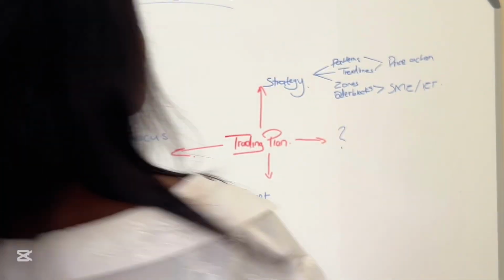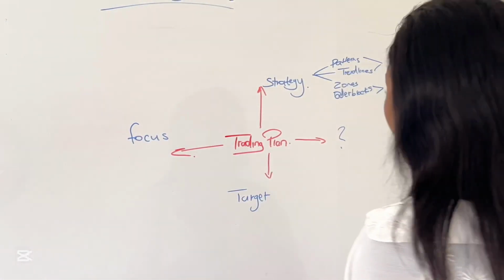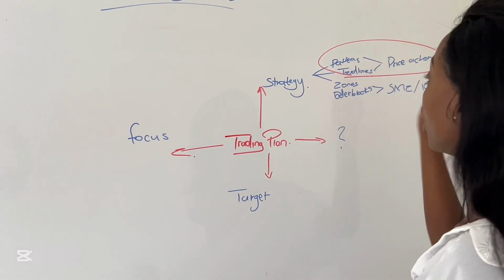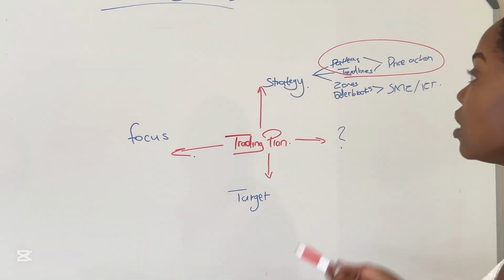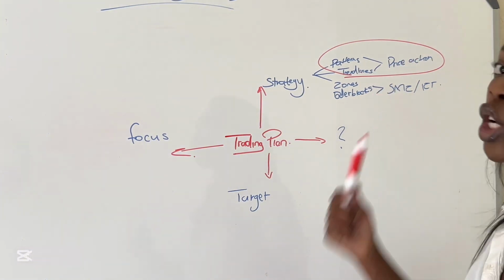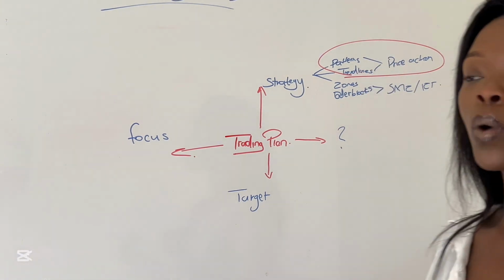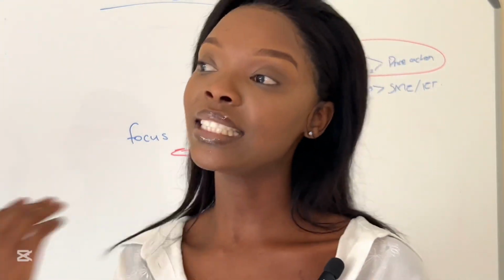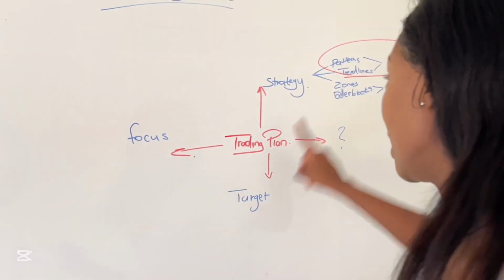So you need to find what works for you. For me, this is what works perfect. This is my department. And someone will ask, why is this your department and not this? The reason why this is my department and not this is because I feel like this is a bit more complicated for me rather than this one. So with this one, it's not as complicated. Actually, it's a hundred times easier to understand.